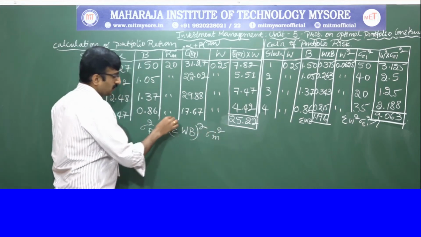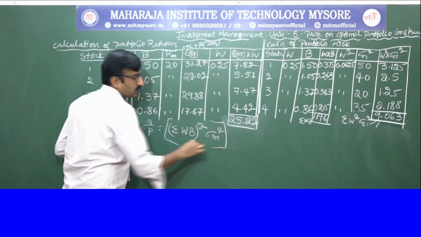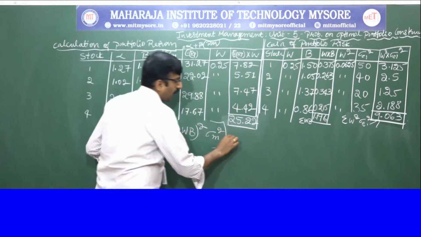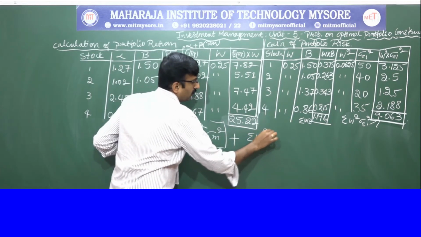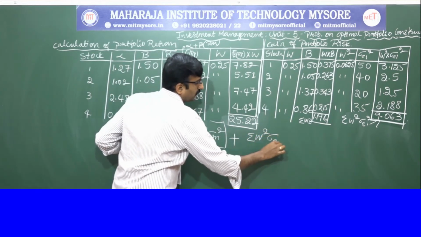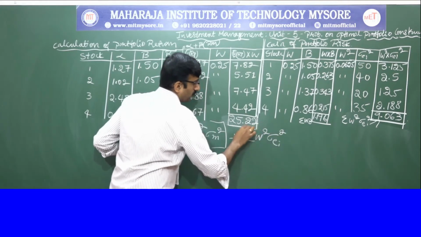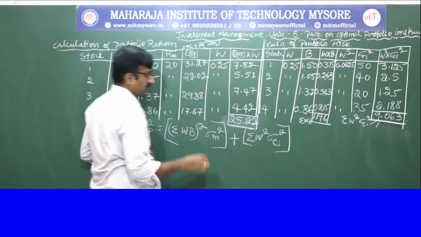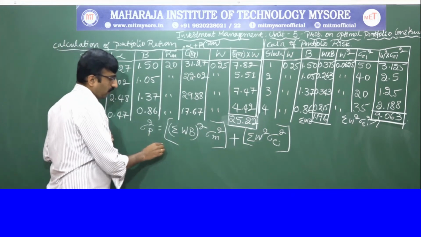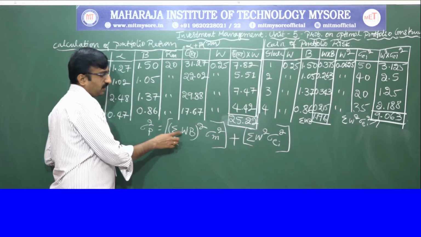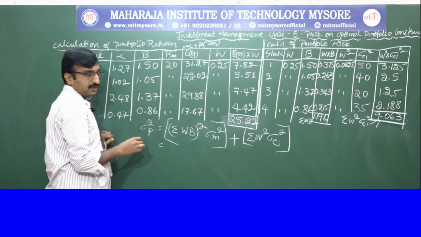And we add this to sigma weight square into standard deviation EI square. Okay. So, sigma WB square is equal to